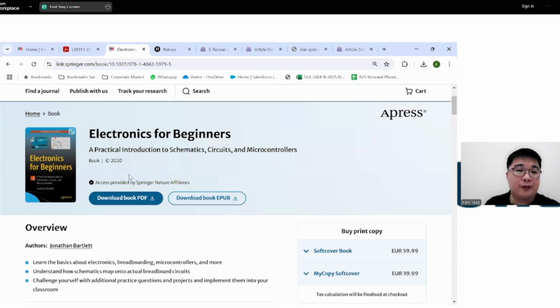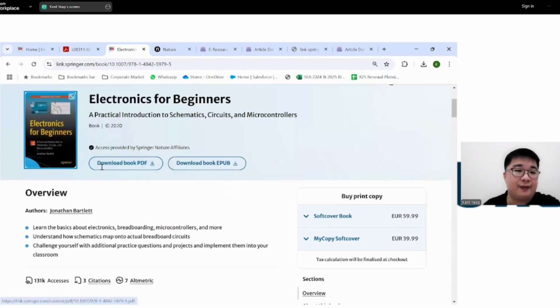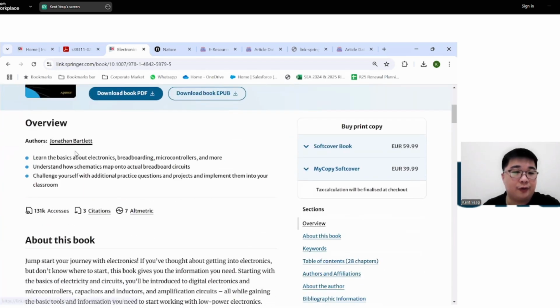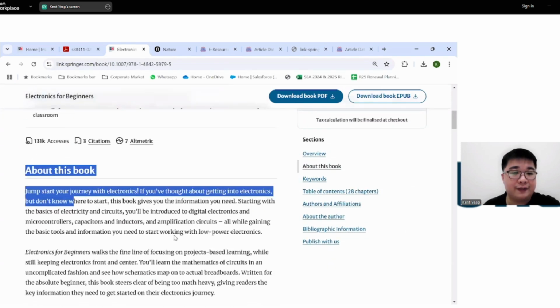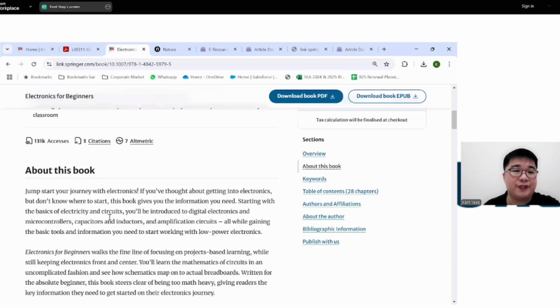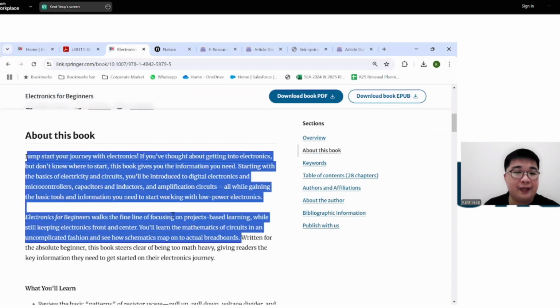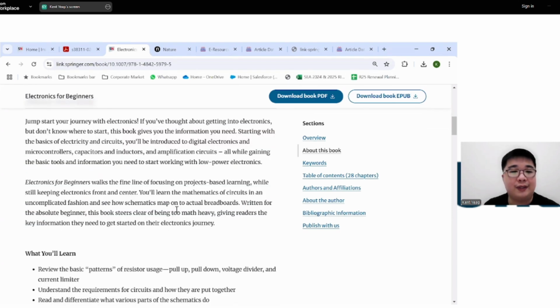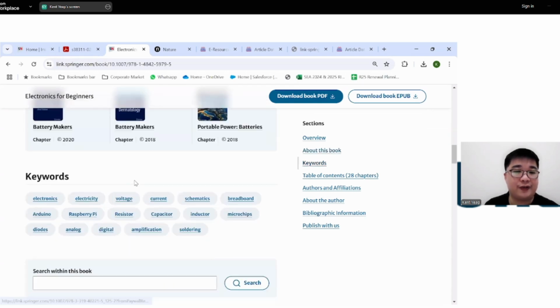So this is what the book cover looks like if you were holding a copy of it physically on the library shelf. It's exactly the same cover, with a little bit of overview, who the authors are, what it is about. This about-the-book information is typically what you will see on the back cover of the book. It tells you, in greater detail, what is being discussed in the different chapters throughout this book, what you learn, who it is for, etc.